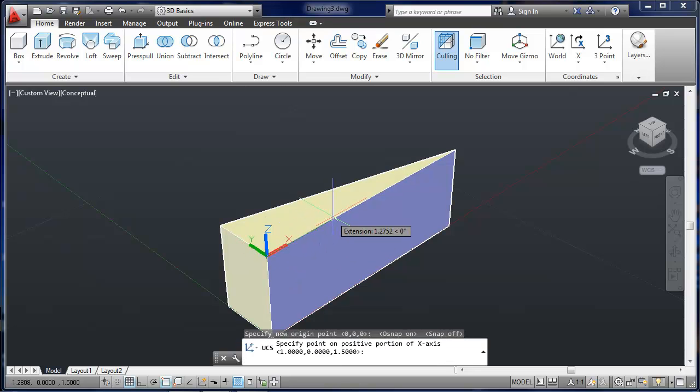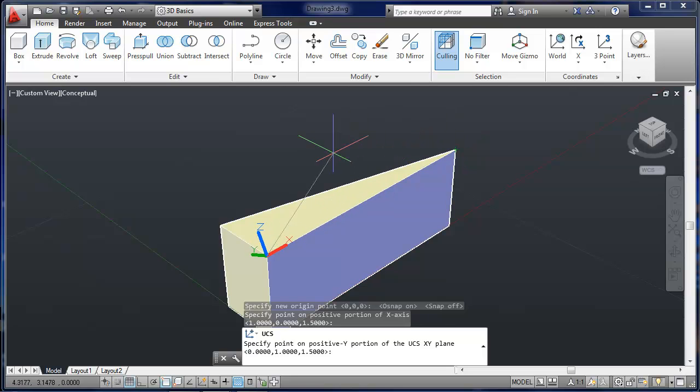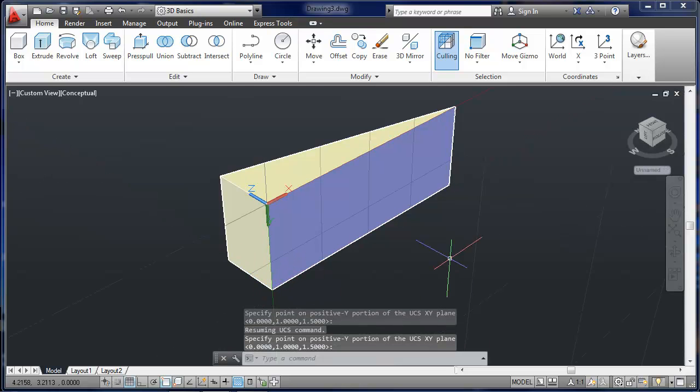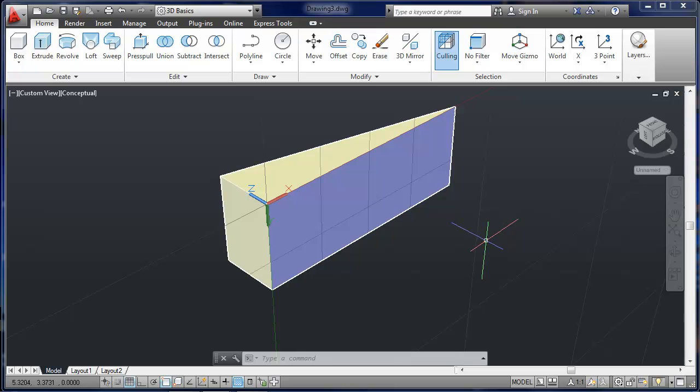I need to select another point along what I want to be the x-axis, and I'll pick up that endpoint. And then I want the y-axis to come straight down, and so I will select another point along the endpoint here. I've now defined a new UCS, which will make it easier for me to put my hole through using